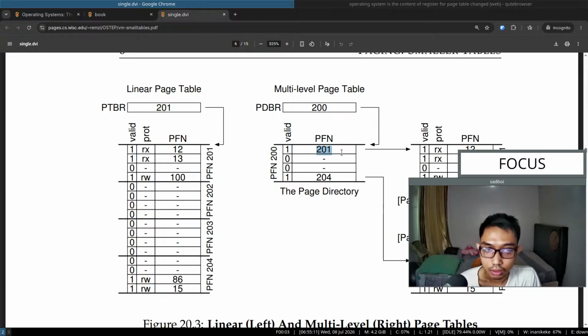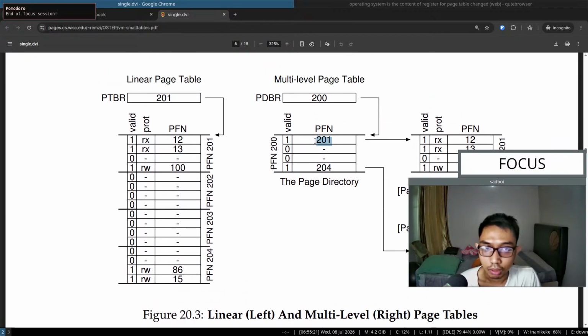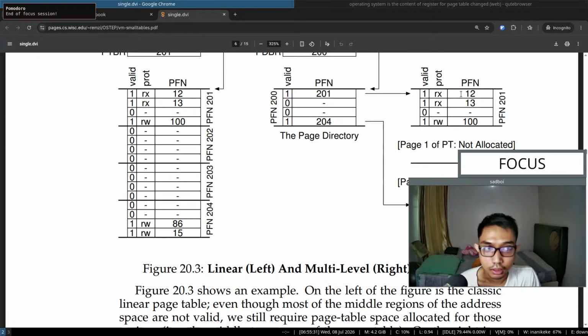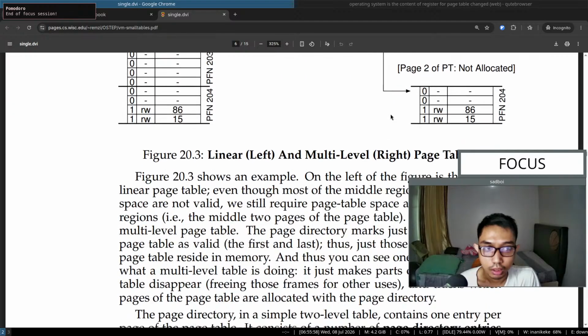Let's say when our program is running, if we constantly access this page directory entry, whether we access this page table entry or this one, we will most likely have the TLB hit